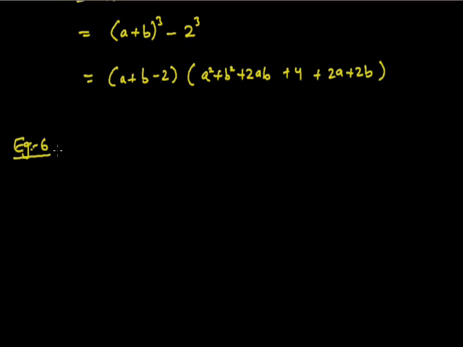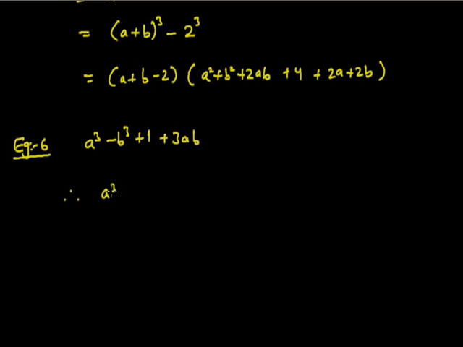In the same way, we'll see one more example based on this. That is a cube minus b cube plus 1 plus 3ab. If you observe this, we cannot use the identity a cube minus b cube here, because if you look at the first two terms, it will not solve our purpose. So for this, what we need to do here is, we have studied one identity,